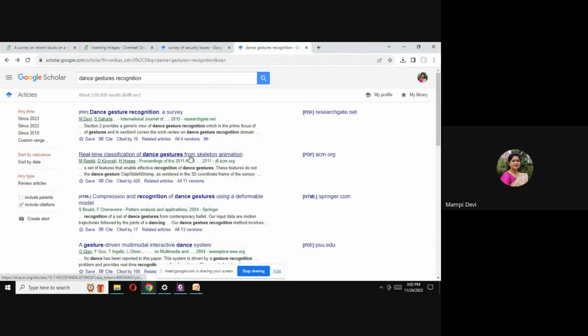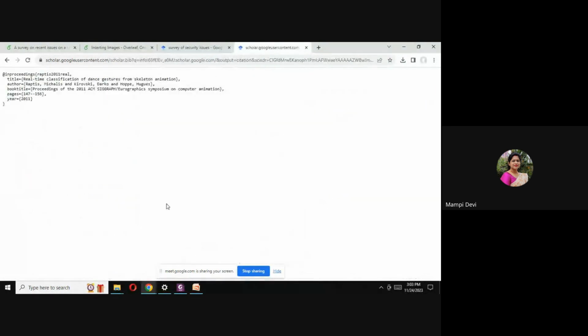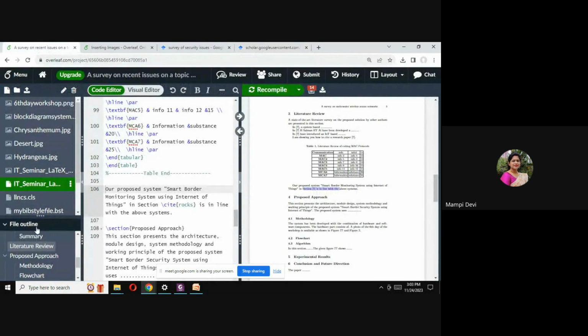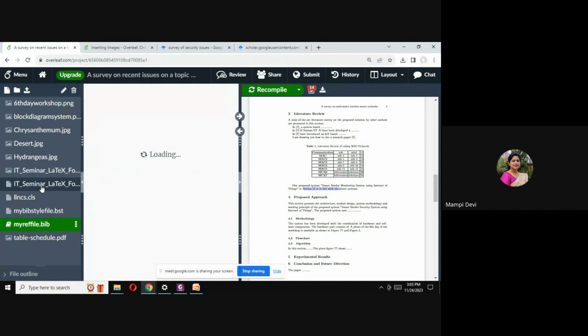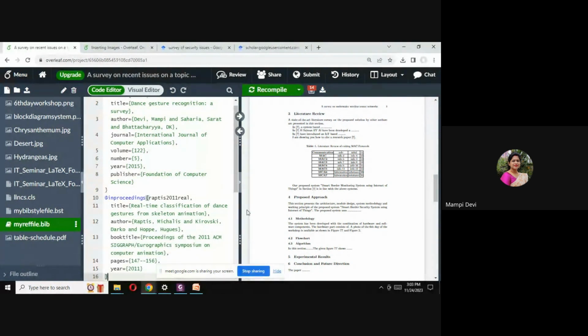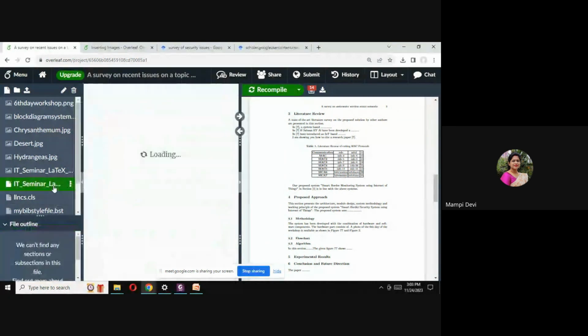Real-time classification of databases. Citations, go, read text, and then we copy it and store it in the bib file, .bib. Okay. And this portion, if you modify it, it's okay. Otherwise, you just refer this one. Copy and in the text file,